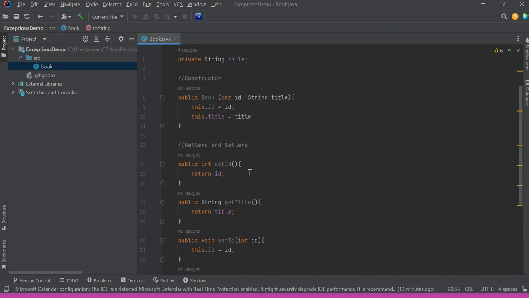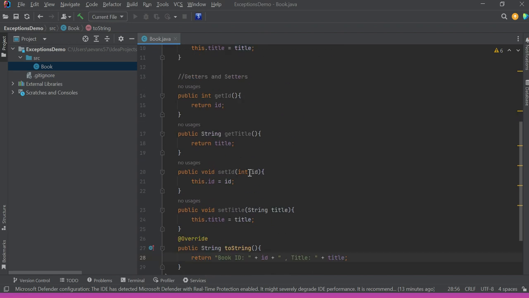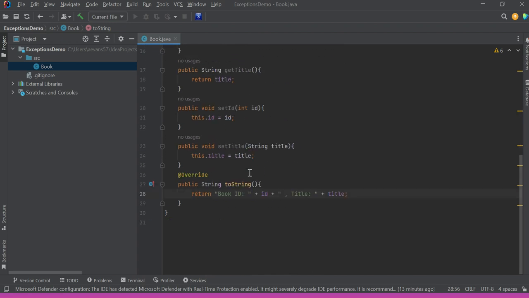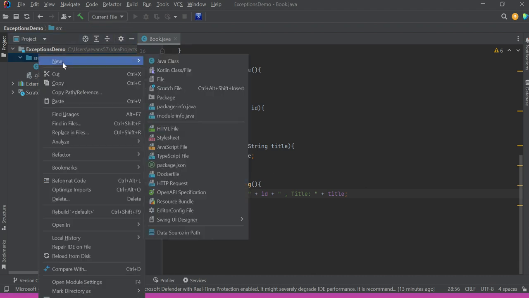And this is going to conclude our class for now. So this is our Book.java class. Now I'm going to add